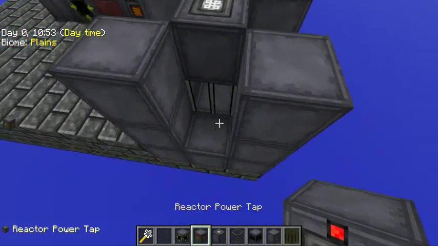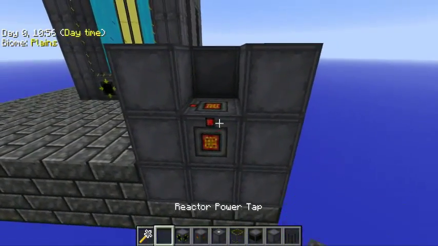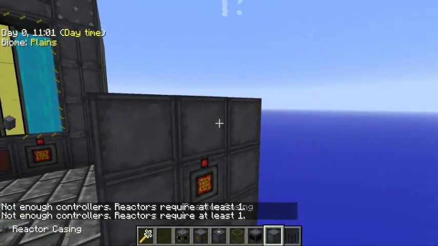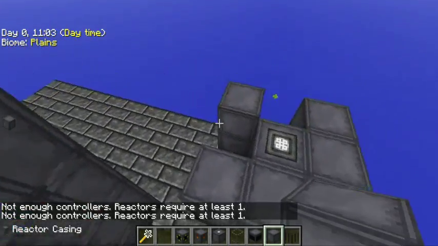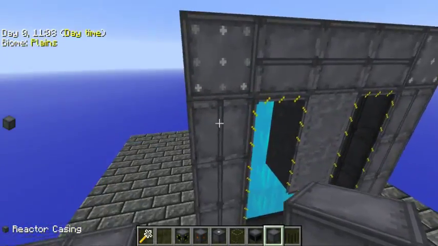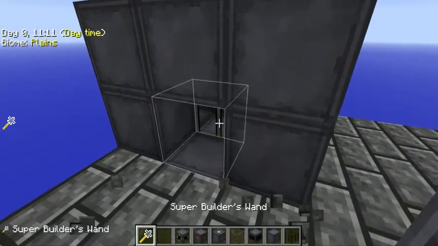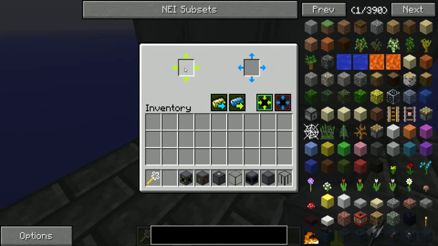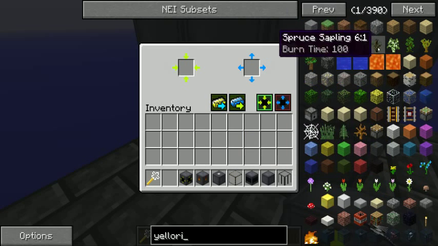You're going to need a reactor power tap, and that's how you're going to take your RF out of the reactor itself. Let's just put a casing up around these edges here. And you'll know it completed when you get these lines running through it. So we also need to add in an access port, and that's going to allow us to put yellow Areum ingots, which we will get from sifting through when it's...